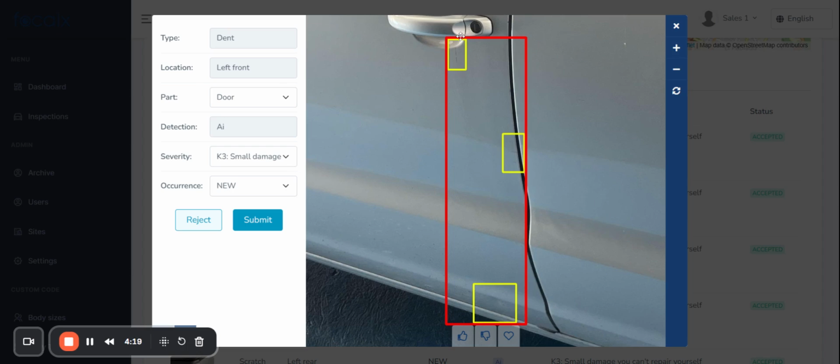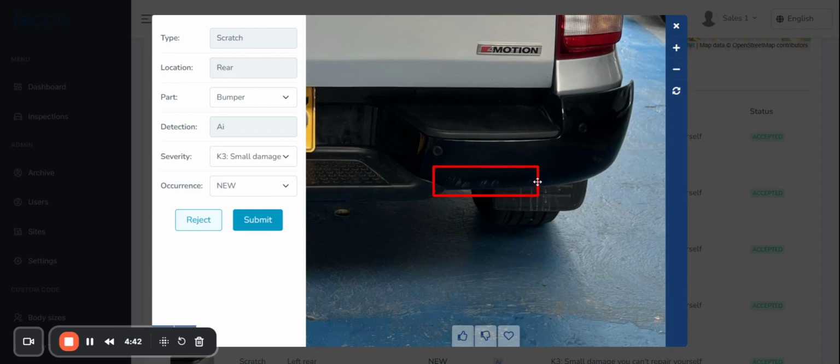So here we can see multiple damages are marked. This is called group damaging. On one particular part, if multiple damages are detected, we can group all those damages together and show them. So in this particular part, these are the grouped damages that are detected. That is the reason all these damages got grouped. Individual damages we can also see. In this particular part, only one damage is detected, so it is showing only one damage.